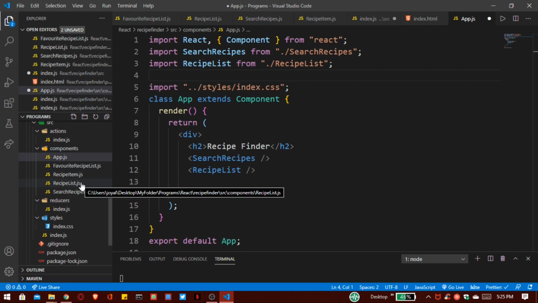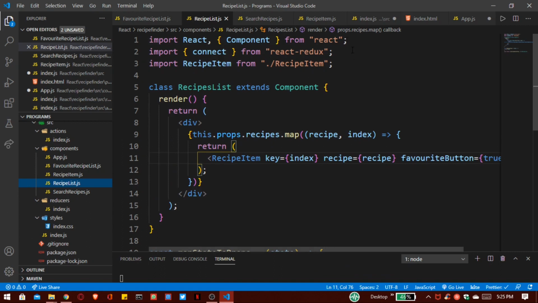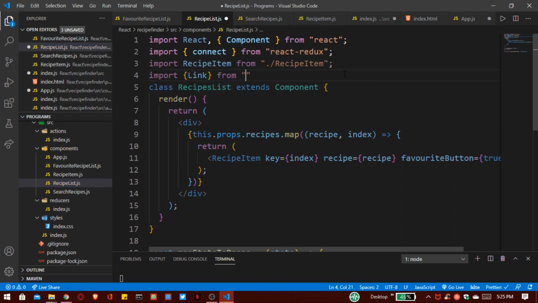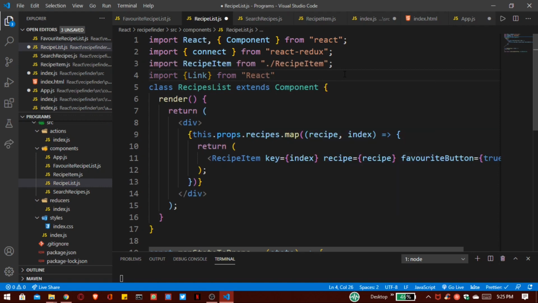So now go inside our recipe list file, and here we have to import that link. So import link from React Router DOM.